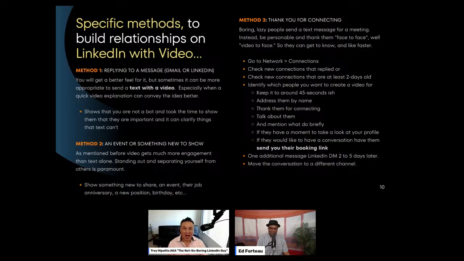So, how to do it, and the technical stuff is you don't go to the LinkedIn DMs, and you would think you would, but you don't, because if someone connects with you, they don't necessarily send a message to you, you know? So that's a little bit different. The messengers are the people who are actually sending messages. So if you connect with, say, 10 people a day, right? You would go to the connections. So on LinkedIn, you go to the network, the little icon on top. You go to the connections, and you check the connections because it's in chronological order. So the newest connections go first.